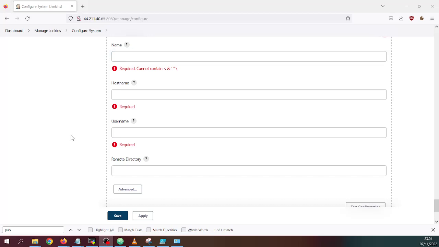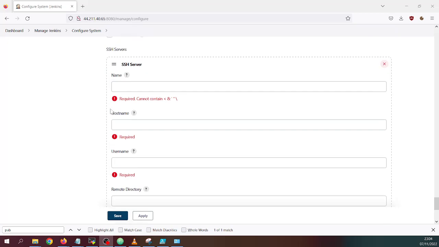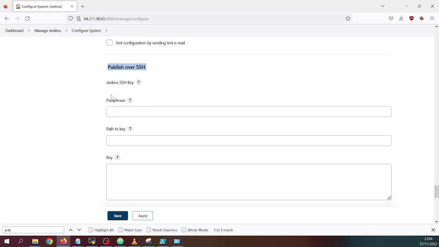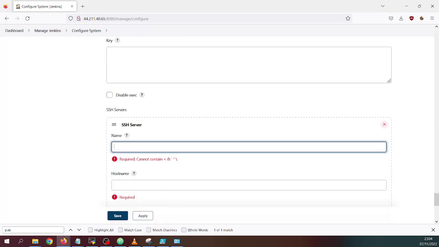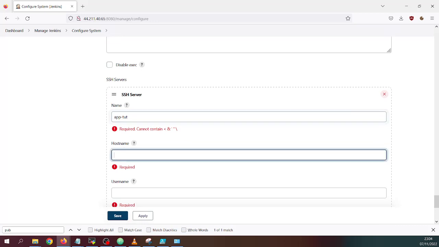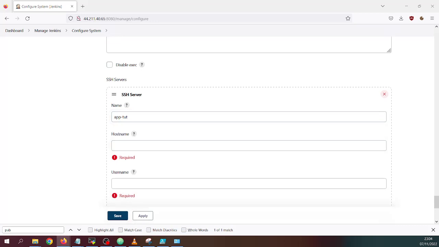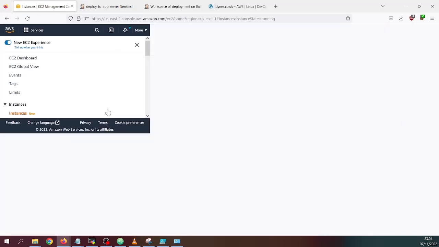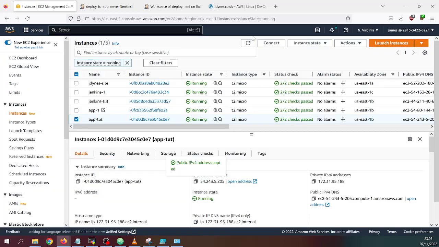Okay, so here we are on the configuration section of our Jenkins host. We're going to add the credentials into the publish over SSH portion to allow the Jenkins host to communicate with our app server. So the name of the server is app-tut, and we have to get the host name, which is simply the public IP address, which can be gotten from